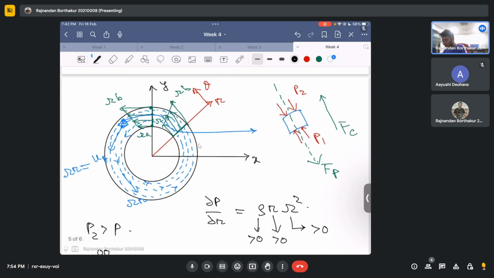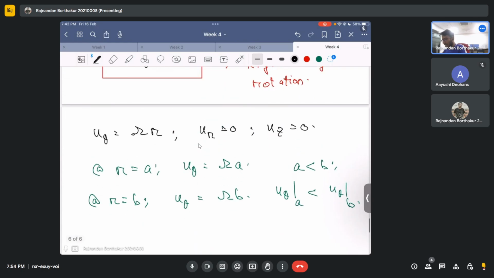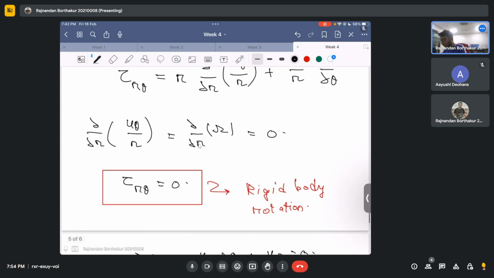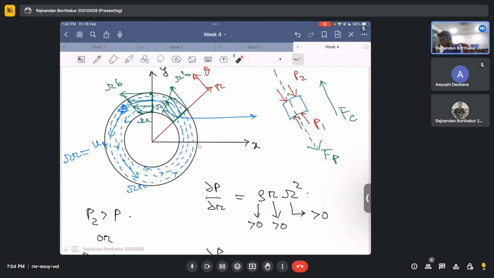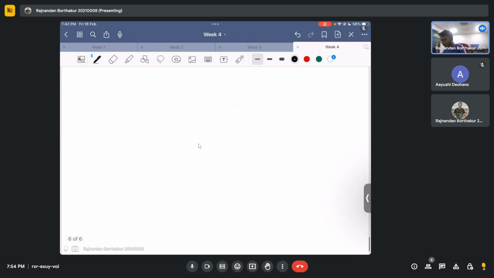I hope this is clear to all. So again, I'll stop here for some time. I hope you got, so essentially you got how to draw the streamlines and the velocity profile here. Okay. So with this, I would again basically stop for 1 or 2 minutes, and then I'll begin with something